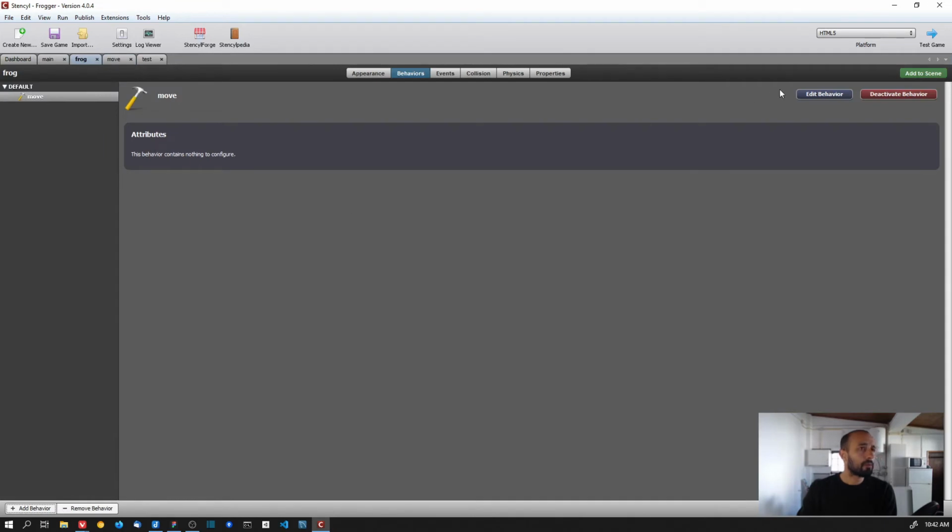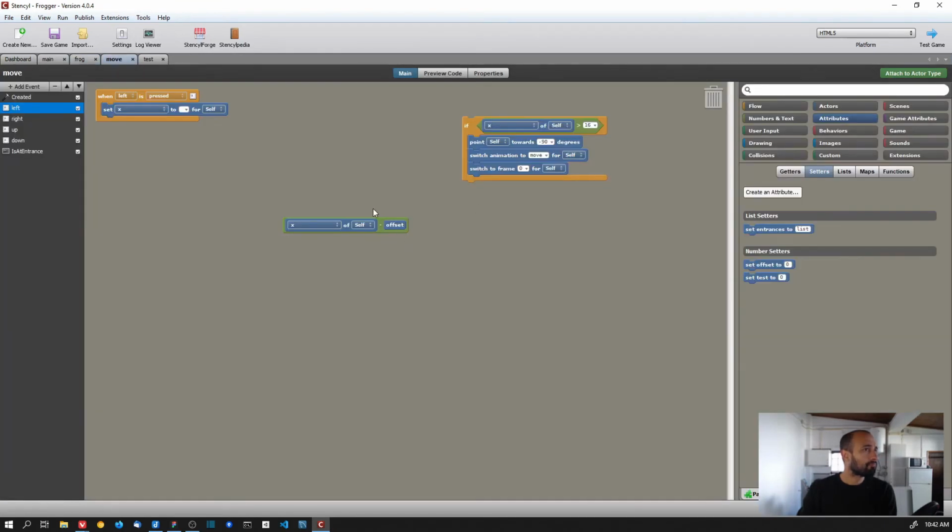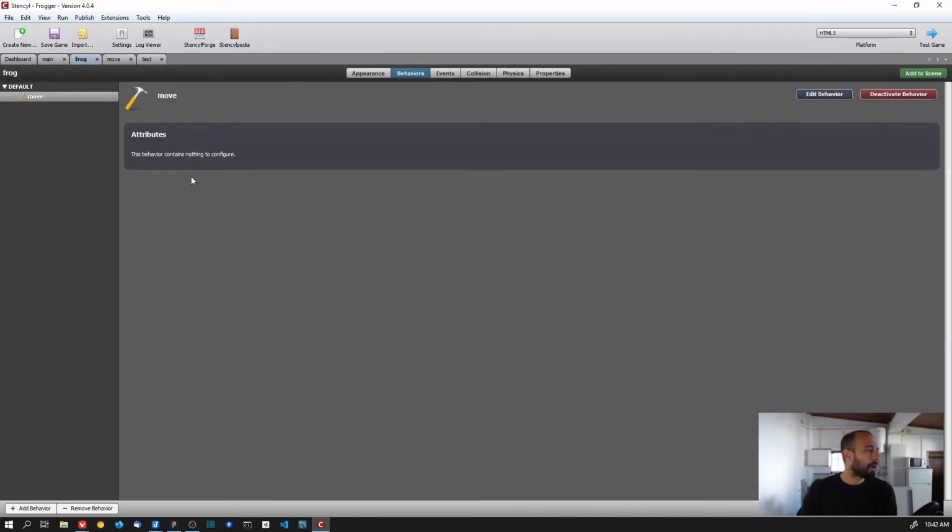It should appear here, no? Edit behavior. Maybe because we are not using it. But basically, when you don't hide the attribute, it's going to appear here on the configuration page of